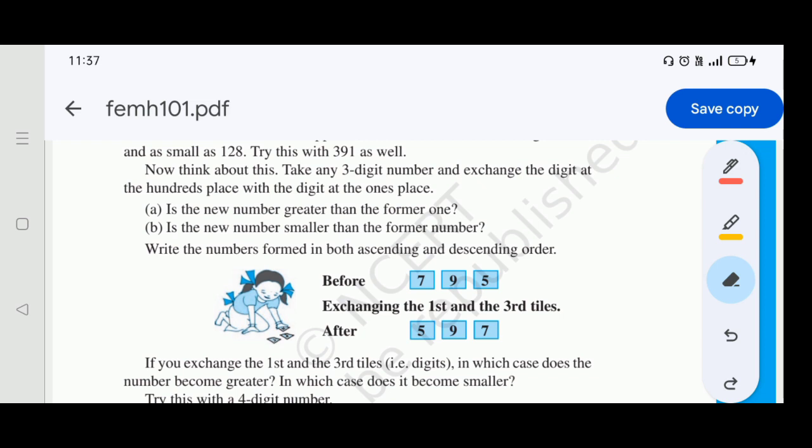Now think about this. Take any 3-digit number and exchange the digit at the hundreds place with the digit at the ones place. Is the new number greater than the former one? Is the new number smaller than the former number? So let's see. So here I am taking